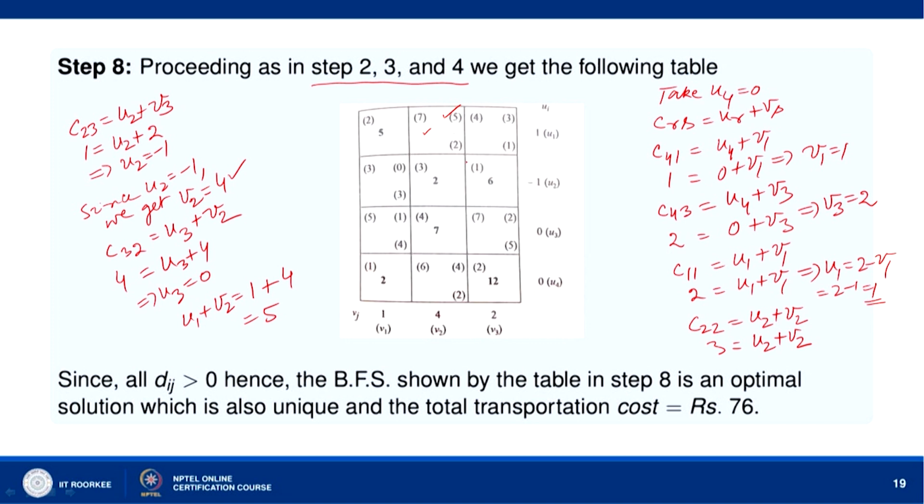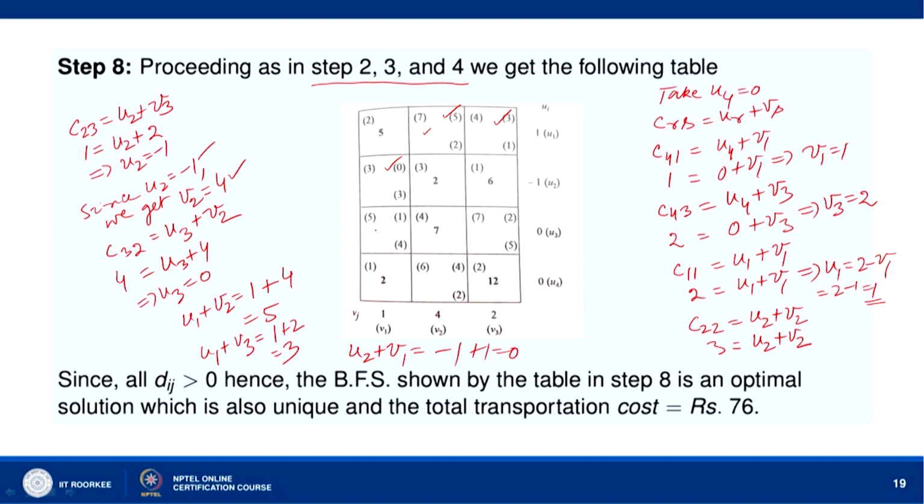Okay. Then there is also an unoccupied cell, it lies in the first row and third column. So, U1 plus B3, U1 is equal to 1 and B3 equal to 2. So, we get 3 here. Okay. Then here second row first column. So, U2 plus B1, U2 is equal to minus 1. Okay. And B1 equal to 1. So, we get 0. So, this is 0 here, and this is an occupied cell, this is also an occupied cell, this is an unoccupied cell.